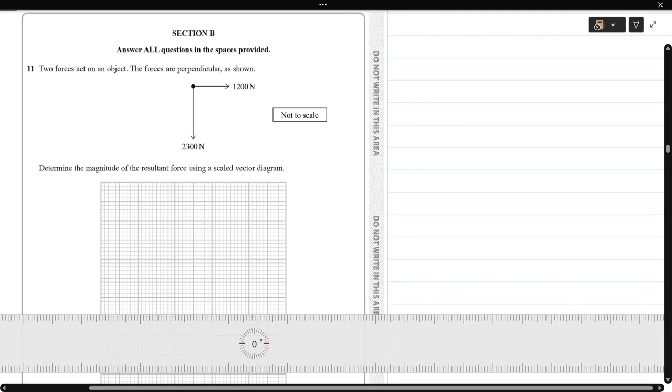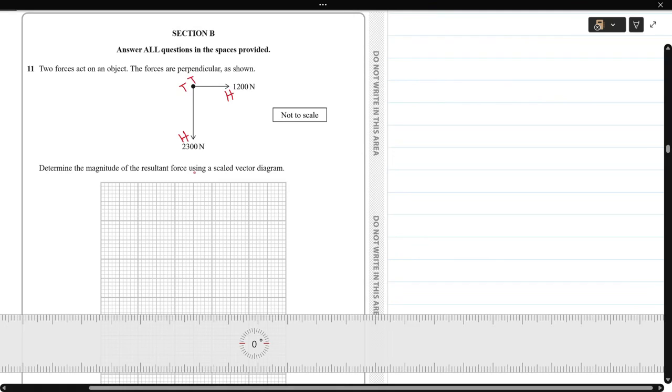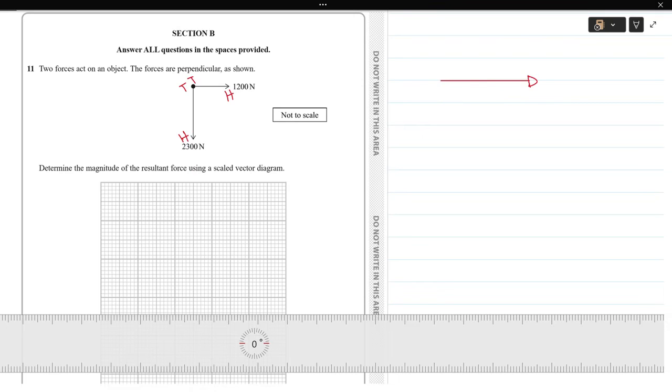if we want to make a vector diagram, we need to make sure that all our vectors are in the head-tail format. The arrow is the head and the other end is the tail. Now let's make a blueprint and let's try to copy that in the actual diagram. So this is going to be